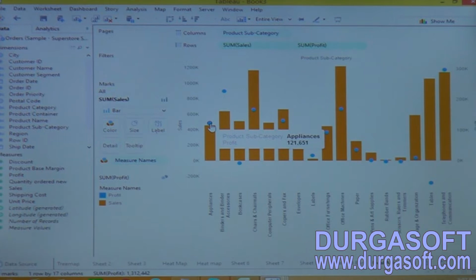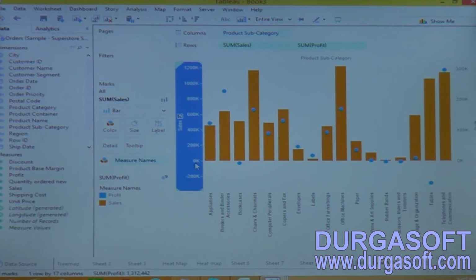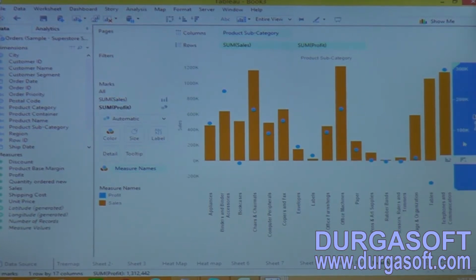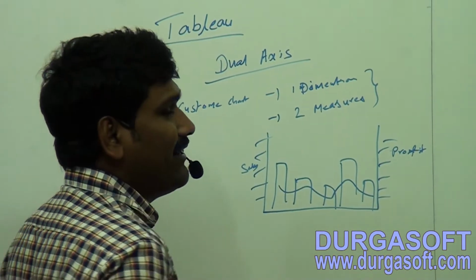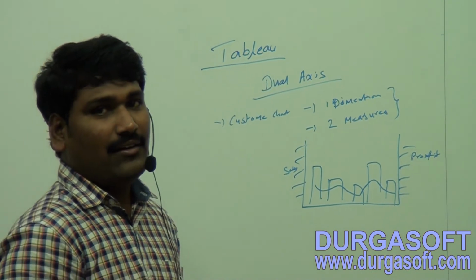Now let me show you why there is a gap between sales and profit. See, the sales scale is showing 0, 2000k, 4000k, 6000k, whereas profit is representing 0k to 100k, 2000k. That means the profit scale and sales scale are showing different numerics.